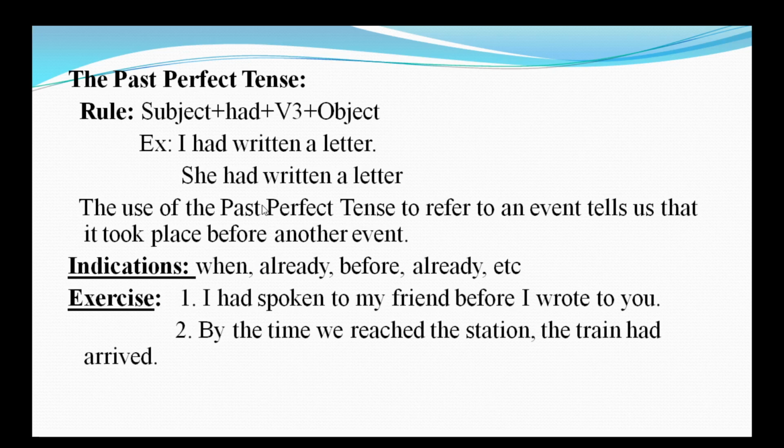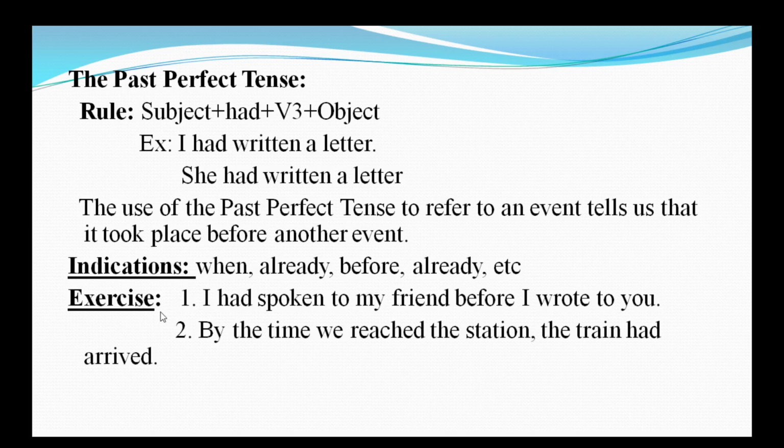For example, if we want to show a sequence of events in the past, or if we are talking about a number of events, all of which took place in the past, అంటే పాస్ట్ లో జరిగాయి, we may want to indicate which event took place earlier and which one later. అంటే ఇప్పుడు ఇన్ కేస్ టూ యాక్షన్స్ ఒక సెంటెన్స్ లో టూ యాక్టివిటీస్ ఉంటాయి, ఒక యాక్టివిటీ అంటే ఏది ముందు జరిగింది, ఏది తర్వాత జరిగింది అని ఇండికేట్ చేయడానికి ఈ యొక్క పాస్ట్ పర్ఫెక్ట్ టెన్స్ అనేది బాగా యూజ్